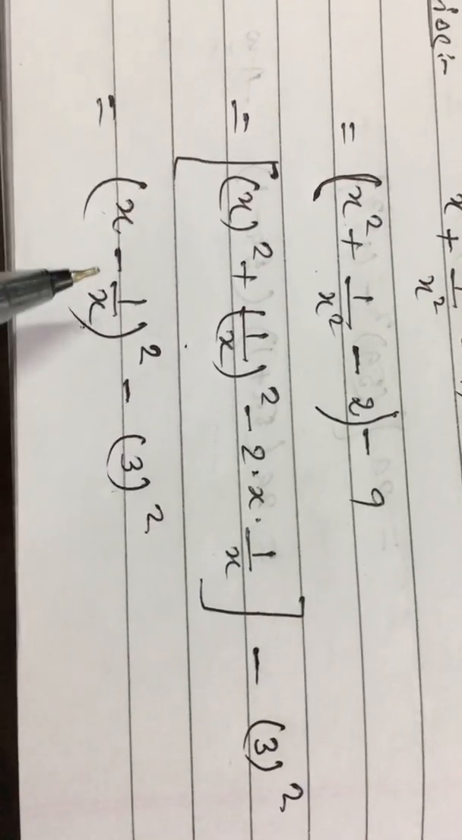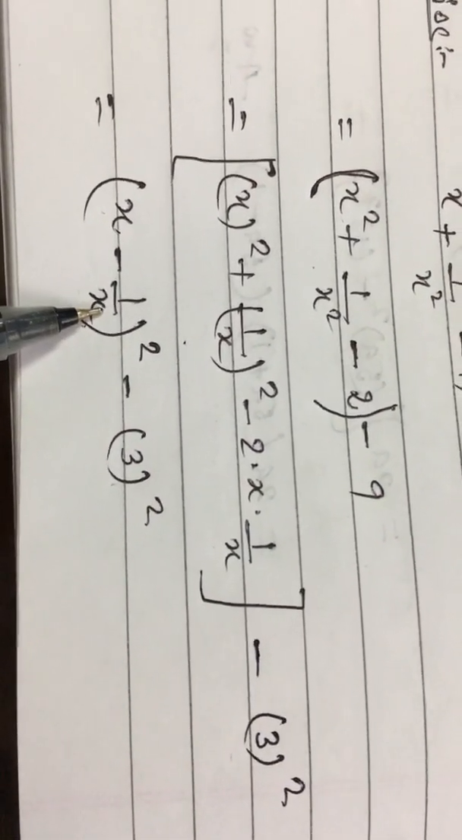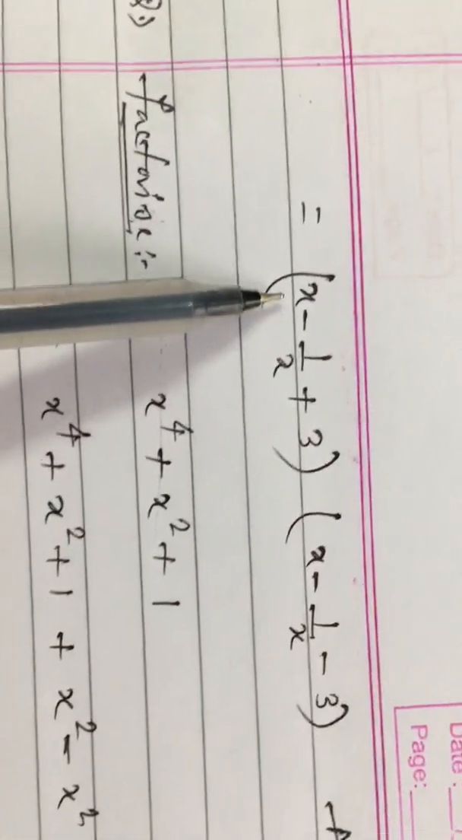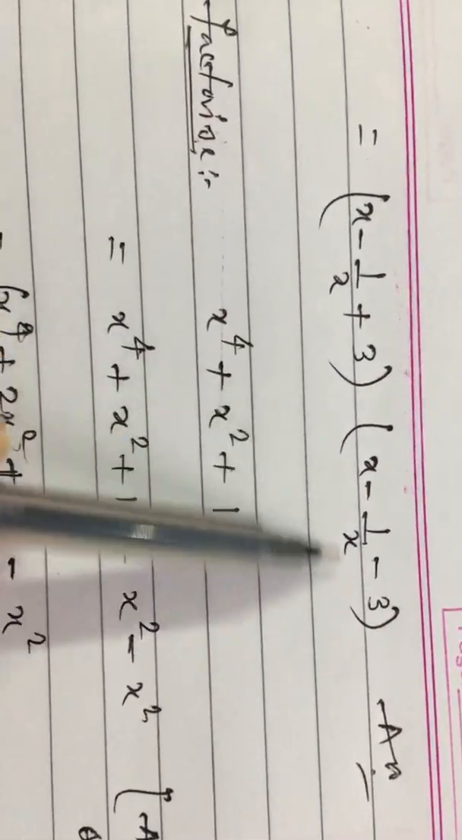So according to the formula, we can write a plus b and a minus b. So a is this term: x minus 1 by x plus 3, and x minus 1 by x minus 3. Now you can see here, x minus 1 by x plus 3 and x minus 1 by x minus 3. This is the answer. Now see,